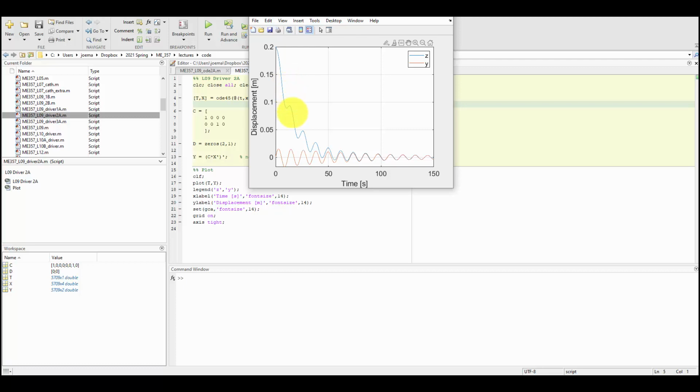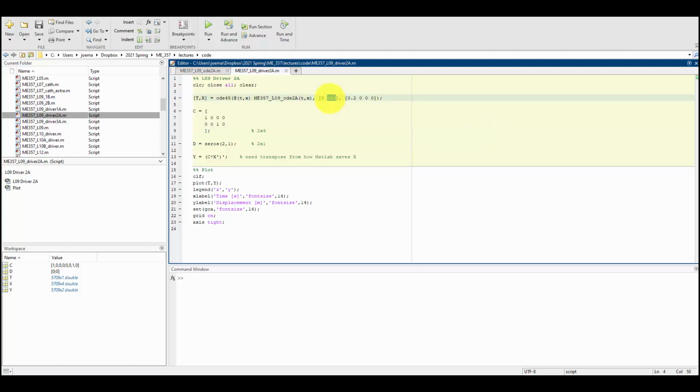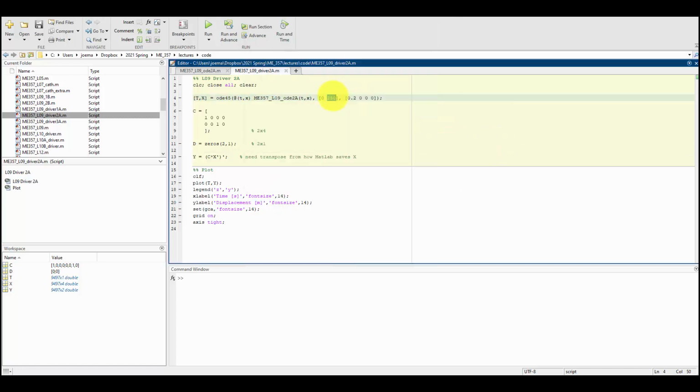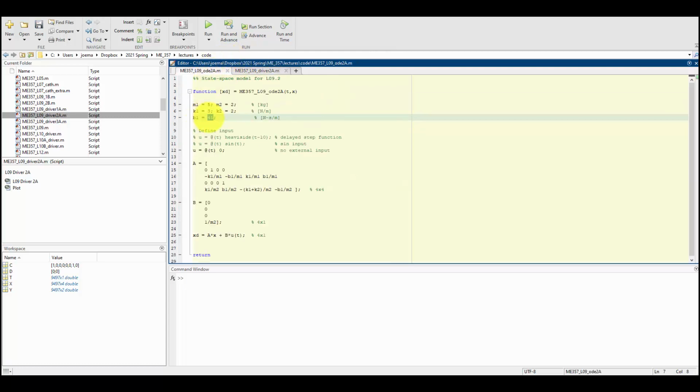So Z is fairly quickly coming down near its equilibrium point. Eventually it will die off. It's probably going to take longer, so let's run this for longer to see what happens eventually. All right, running it for longer, these oscillations are getting smaller as we go through, but it's taking a little bit longer for them to get really close to zero. Let me set this back to just 120 or 150 for seeing these differences,